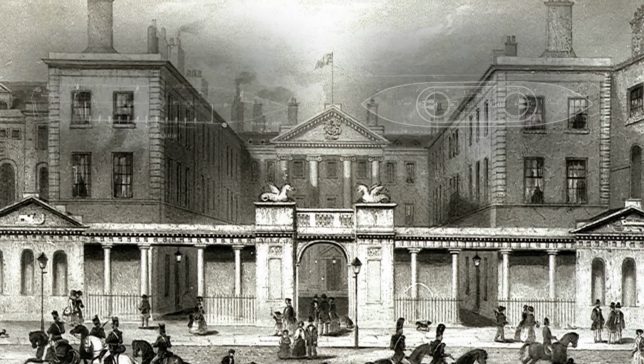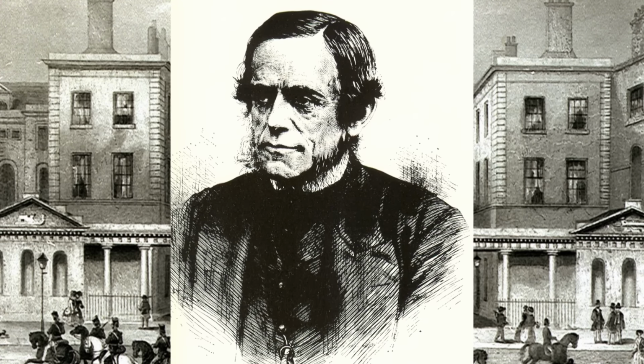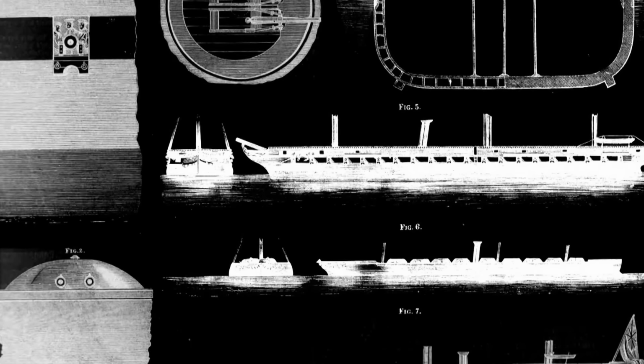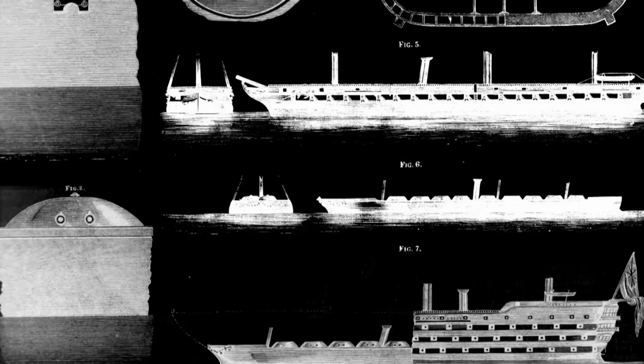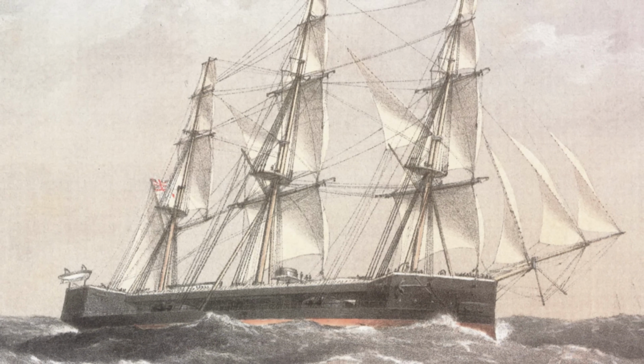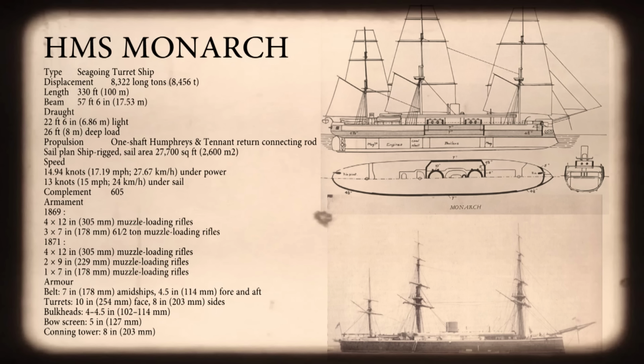One of the loudest voices for turret ships was Captain Cowper Phipps Coles, a Royal Navy officer and inventor who designed a low freeboard vessel with turrets for better offensive capabilities and a smaller target profile. Despite the Admiralty's reservations, Coles lobbied Parliament directly and was granted permission to construct a seagoing turret ship. The result was HMS Captain, designed by Coles in collaboration with shipbuilders Laird Brothers, and approved in 1866 rather reluctantly by the Admiralty. The Captain was meant to serve as a counterpoint to HMS Monarch, a more conservative turret ship